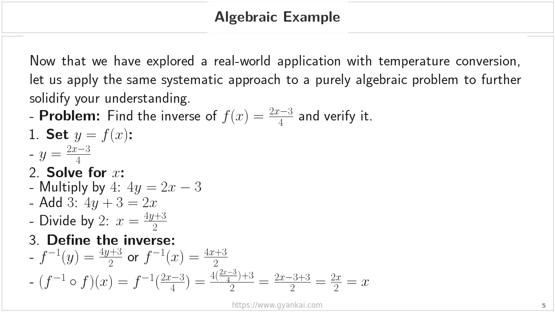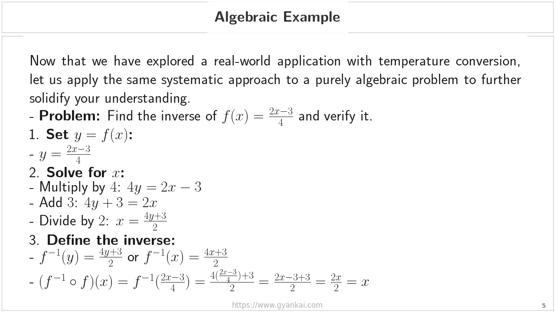First, let us check the composition of f inverse of f of x. We substitute the original function into the inverse function. This gives us 4 times the quantity 2x minus 3 over 4, plus 3, all divided by 2. When we multiply by 4, the fraction is cleared, leaving us with 2x minus 3 plus 3, all over 2. The negative 3 and positive 3 cancel each other out, leaving us with 2x over 2, which simplifies perfectly to